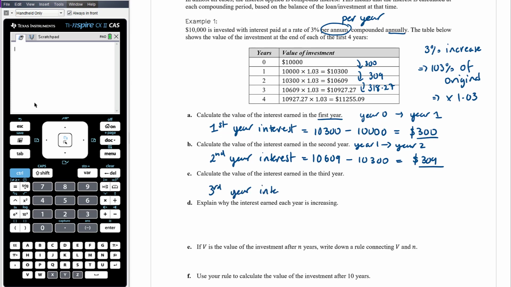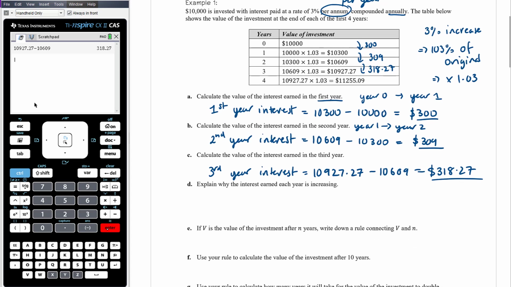Third year interest is going to be $10,927.27 minus $10,609. Just check my calculation this time. $10,927.27 minus 10,609 is 318.27. Good. My maths is holding up in the mornings. Okay, so explain why the interest earned each year is increasing, and that is because we are earning